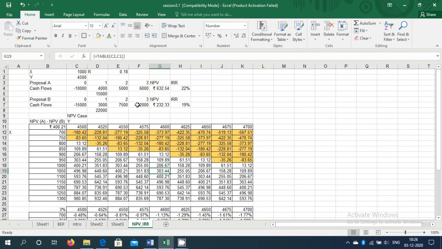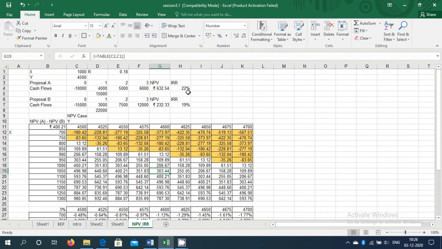So it will not be preferred, but initially over here I am getting a bigger amount comparatively, so I'll be going with proposal A. So it may not always happen; it may be different in different conditions. Like over here in the marked one, we'll see that Y is better, that is, the second proposal B is better. But in the other cells where the marking is not done, you will find this.